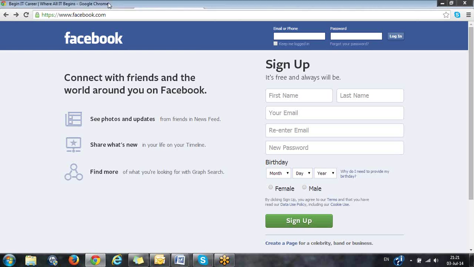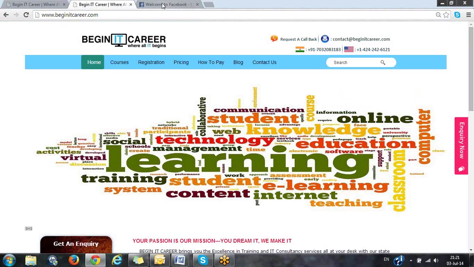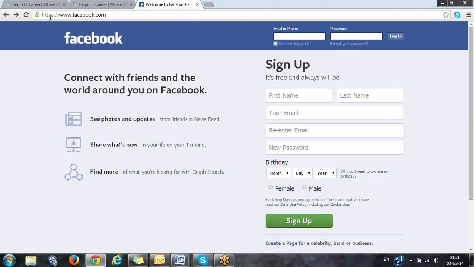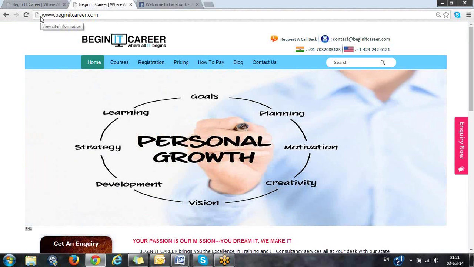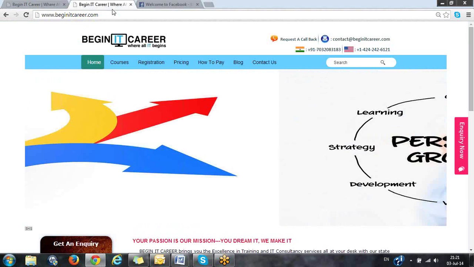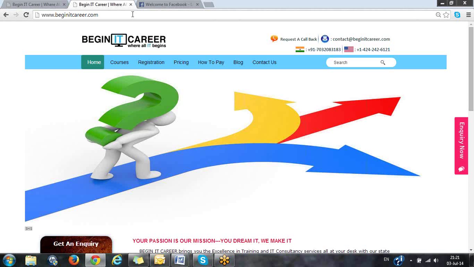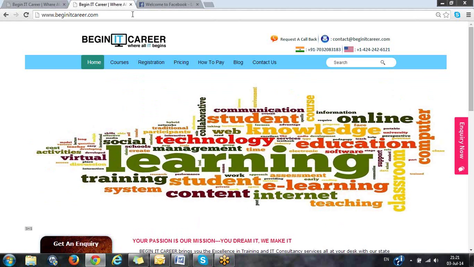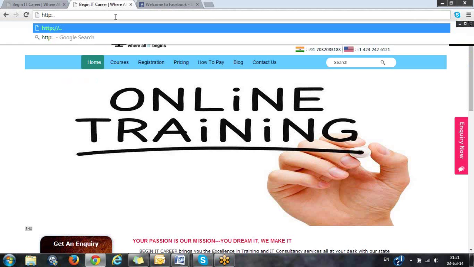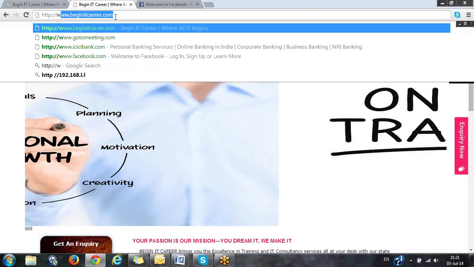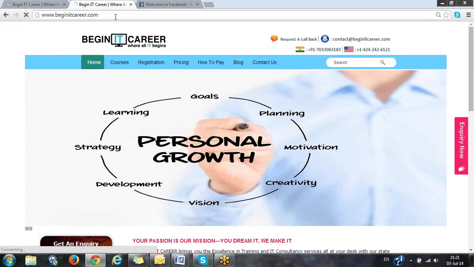Some systems do not have these security measures, which is why they are simply HTTP, not HTTPS. Suppose here in this site Bignity Career, you cannot see HTTP either, you can just see www. What that means is, if it is not secured, it is HTTP by default. If I just type http://www.bignitycareer.com, let's see what is displayed.